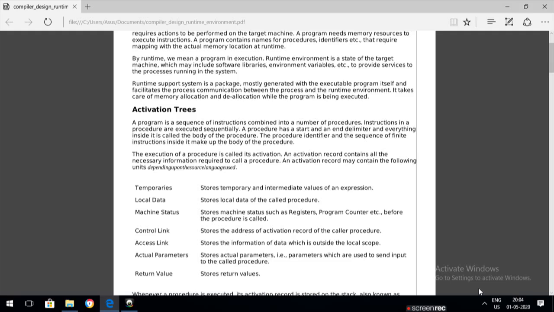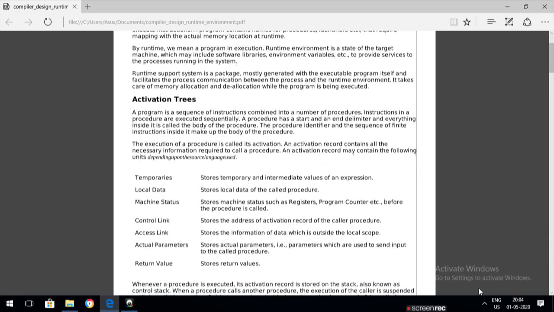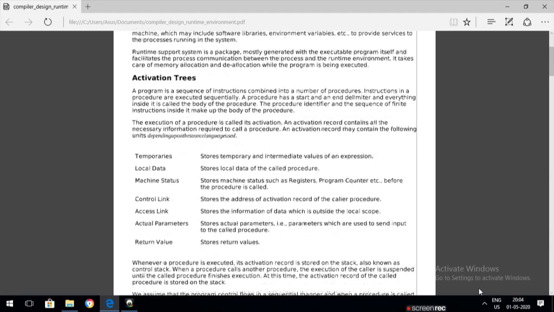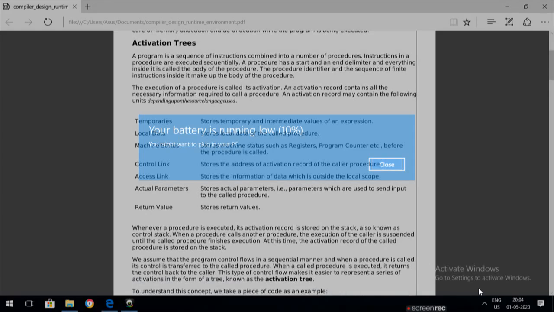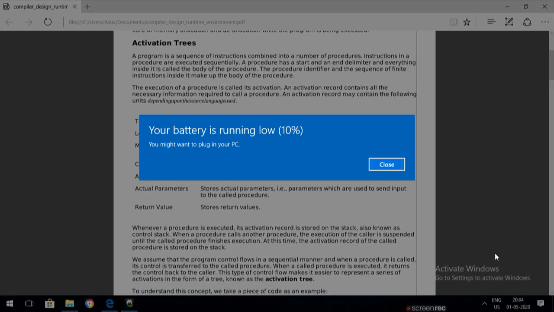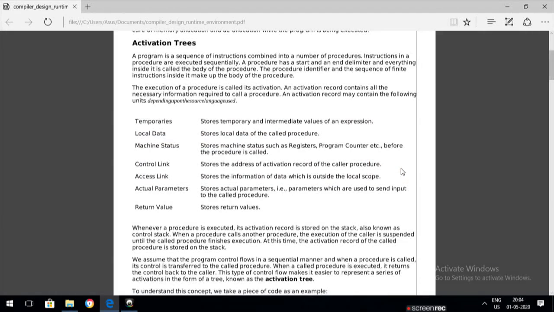Here, activation describes the control, or the way of execution, of the procedure, and such an activation contains many parameters. An activation record contains all the necessary information for your called procedure.